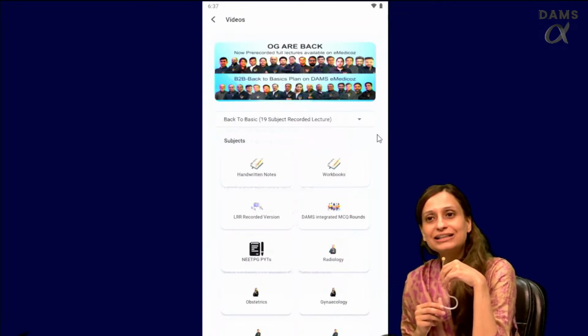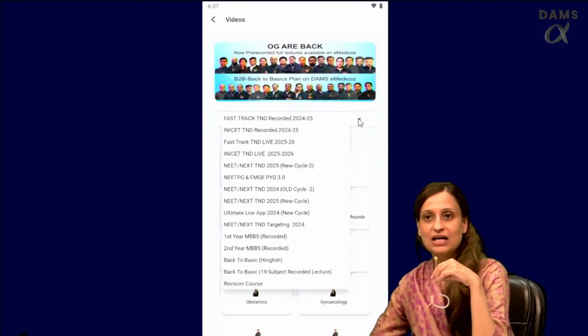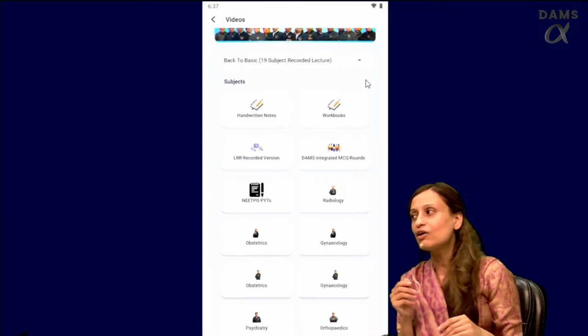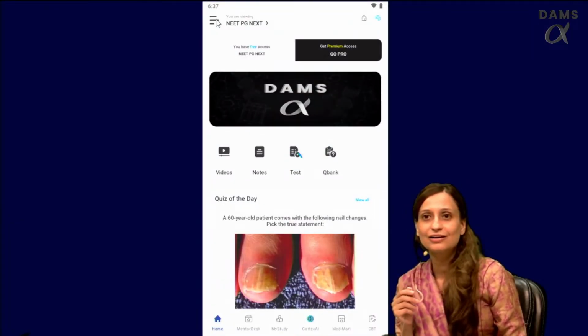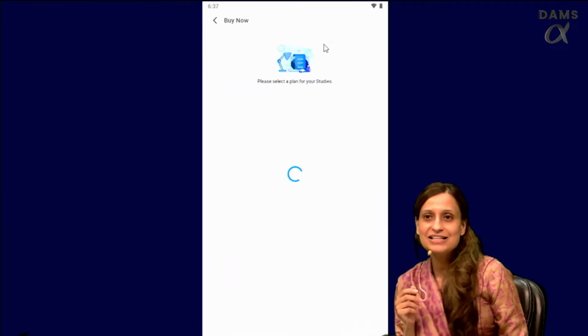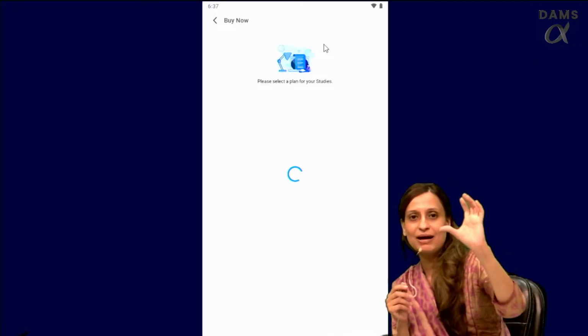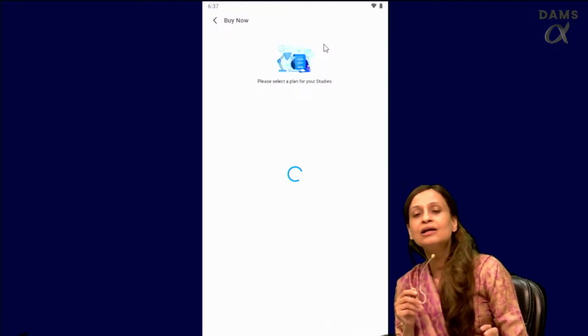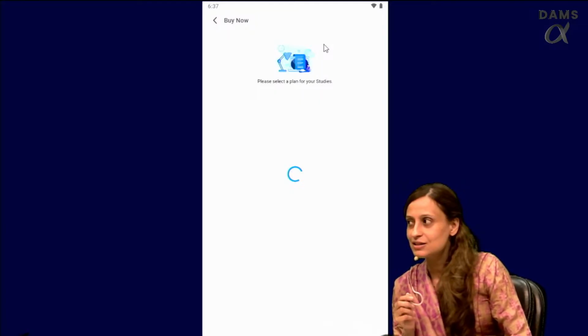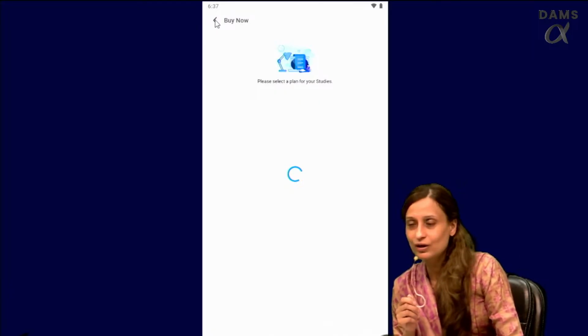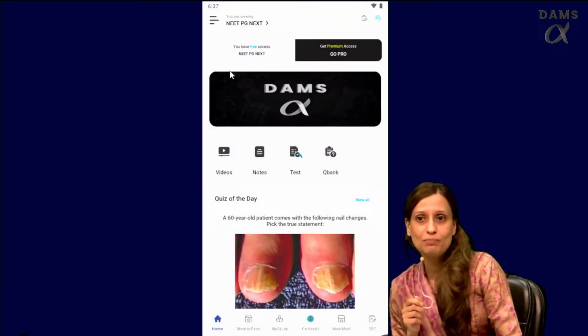So when you take the back to basics plan with us, you need to know that you get a lot of inclusions in it. As I said, you will see all your inclusions when you go back there in the my study section itself. For example, with the back to basics, you get the entire test series. You get the entire Q bank.